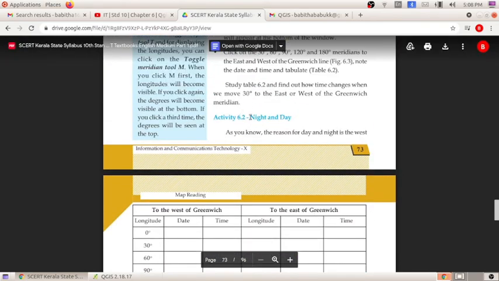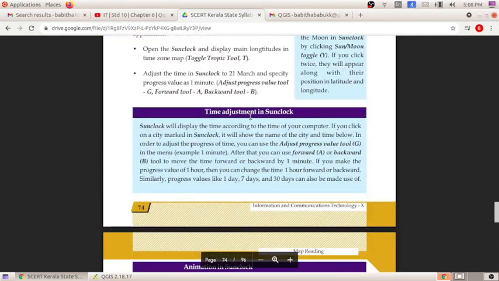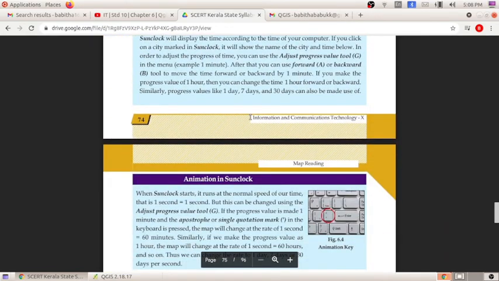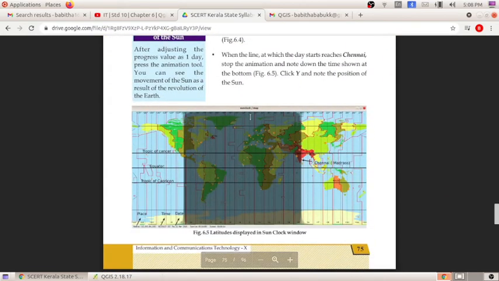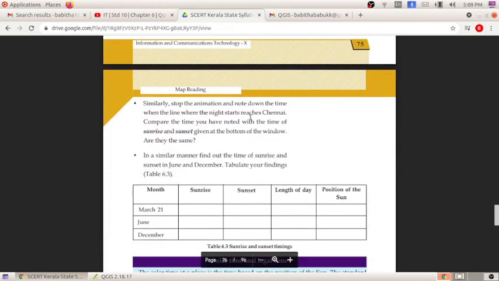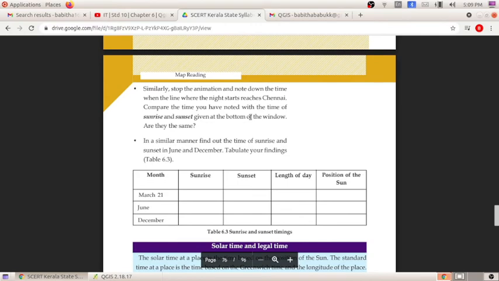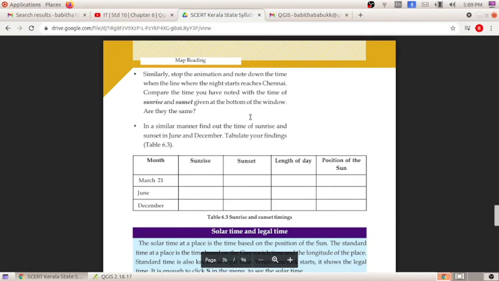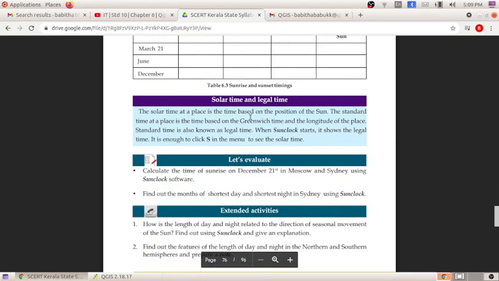Here we have to calculate the sunrise, sunset, length of the day, and position of the sun of a particular place in the given time. For that we familiarized ourselves with three tools: adjust progress value, forward tool, and backward, and also the animation key.